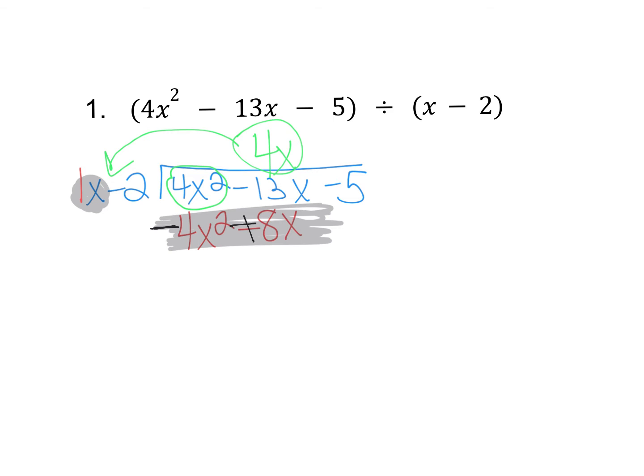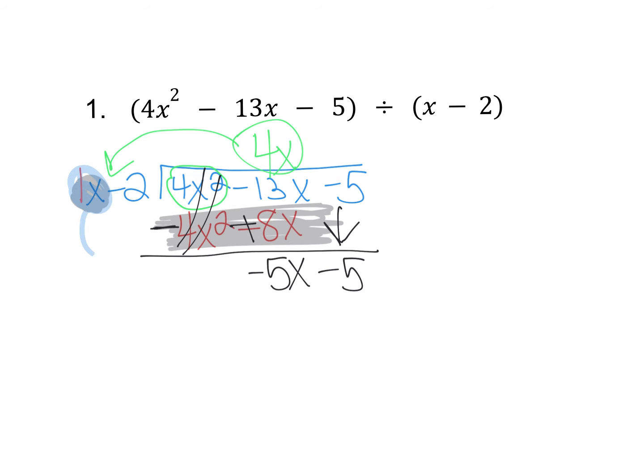So then when we subtract, our 4x squared minus 4x squared, those are going to cancel, and we have negative 13x plus 8x is going to give me negative 5x, and then I just bring down my next term. Now we do the exact same thing again. I say